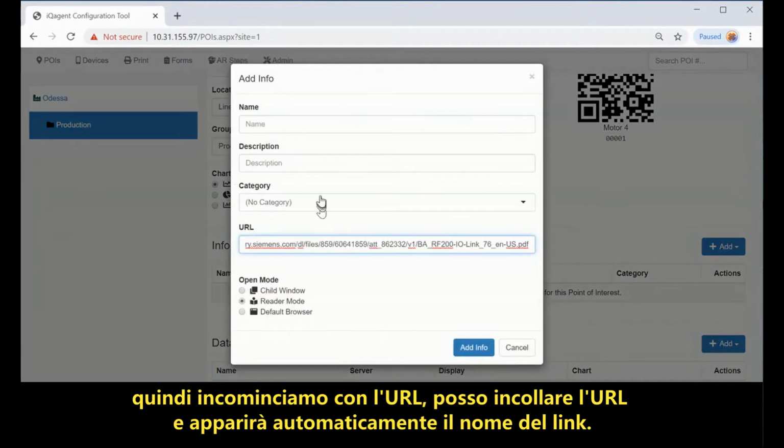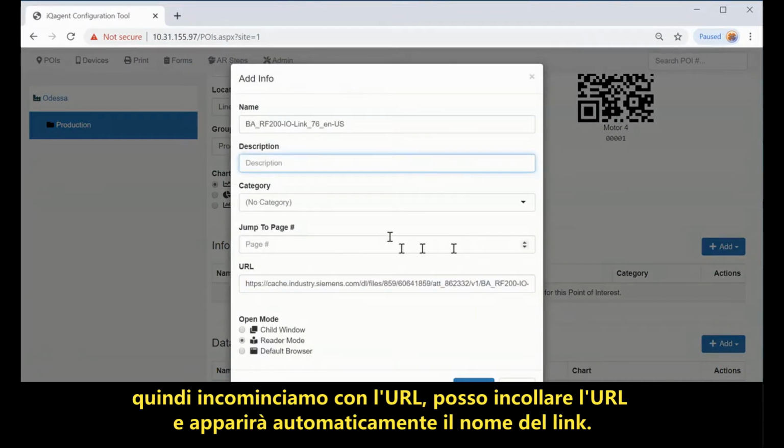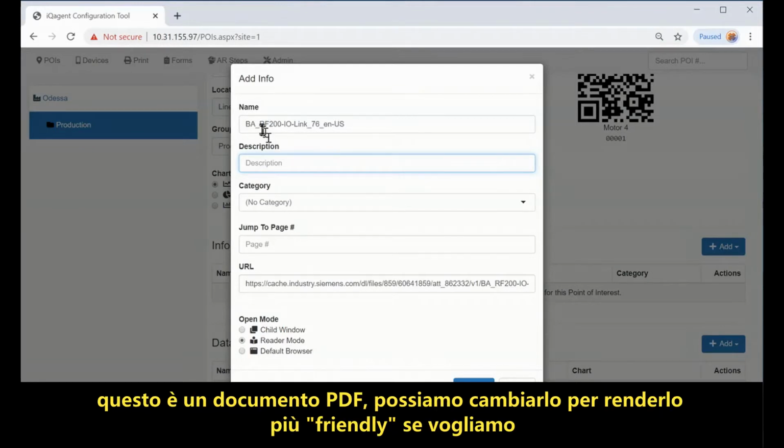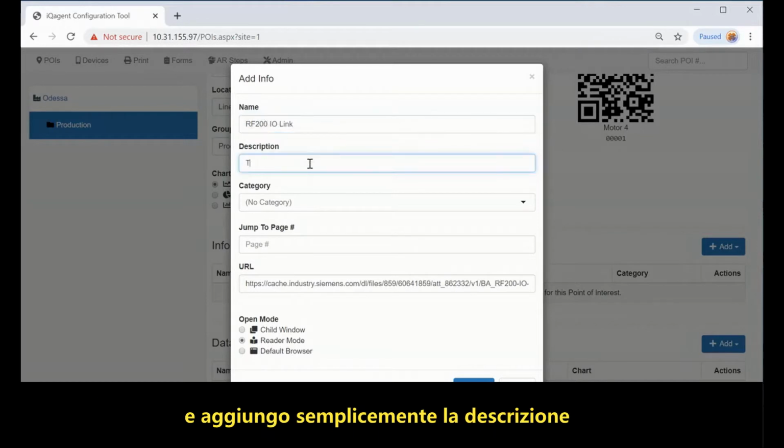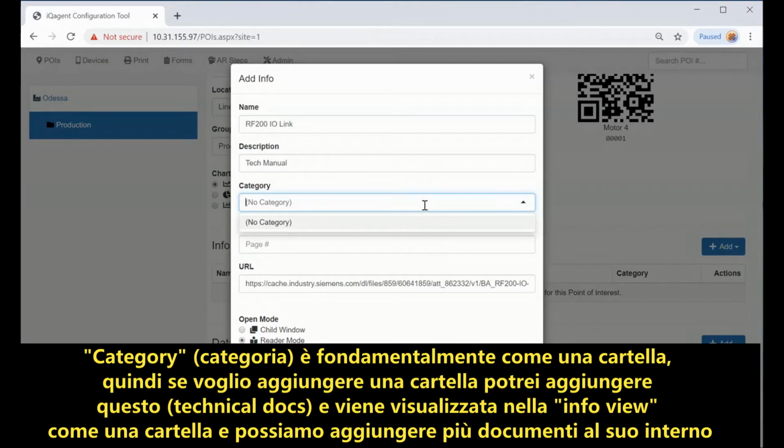I can just paste the URL in. It'll automatically extract the link name. So this is actually a PDF document. We can change this to make it more friendly if we want. And I'll just add a description. Category basically is just like a folder. So if I wanted to add a folder,